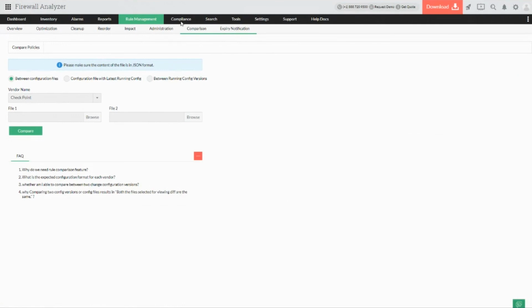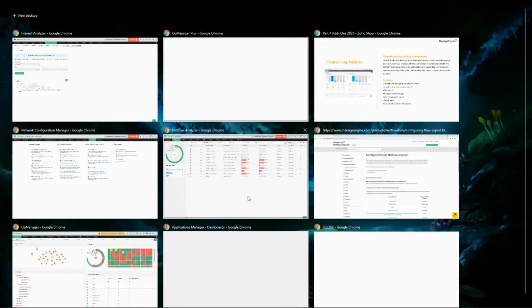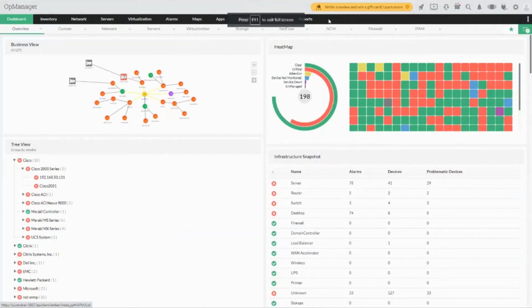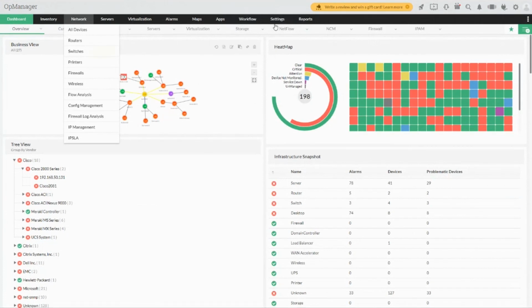And the compliance tab gives you another advantage of how you can manage the compliances for your firewalls. So whether the respective vendor-based firewall's default compliances are managed properly or not, you can take the necessary actions. So this is how you can use the Firewall Analyzer add-on inside your environment to have a better network monitoring solution for the information and data which you're managing.